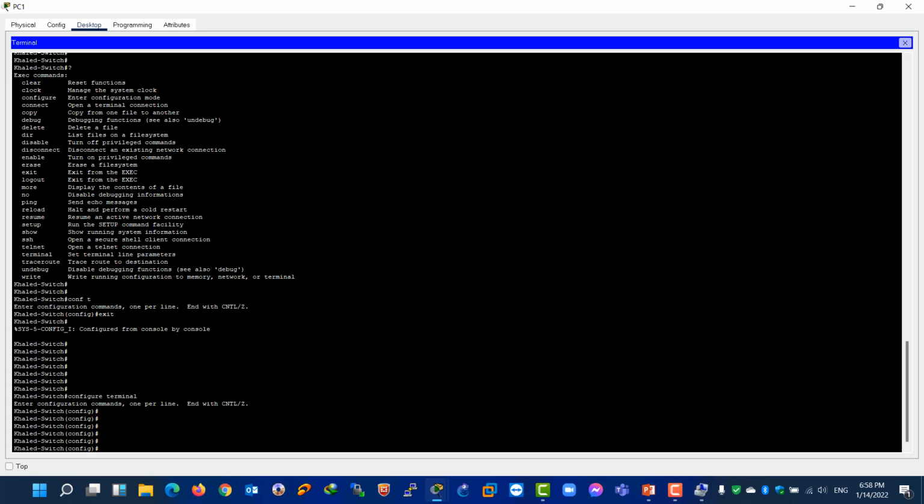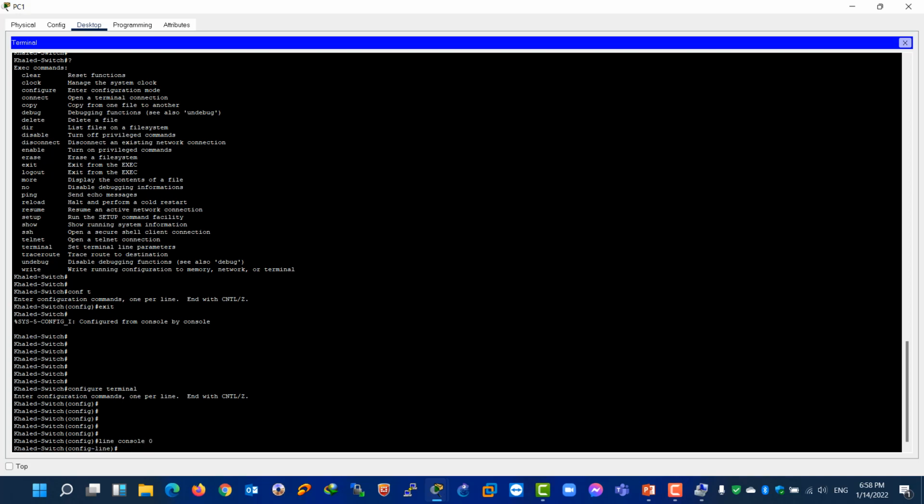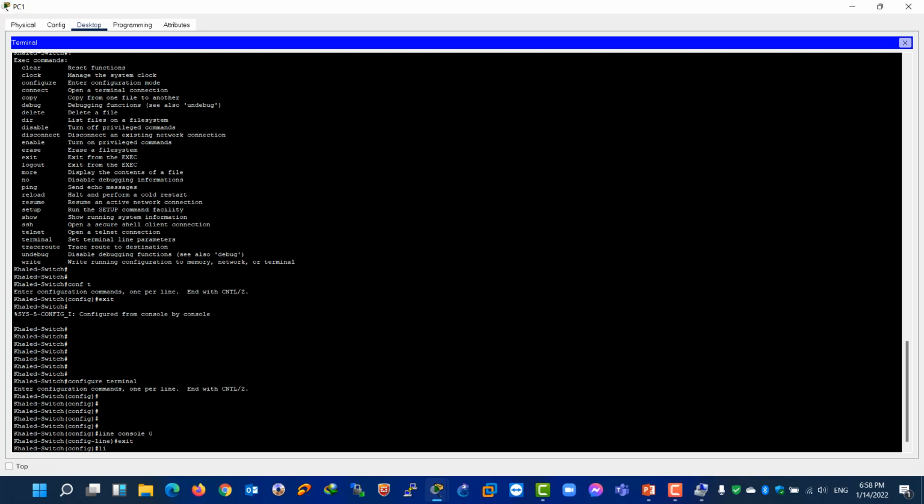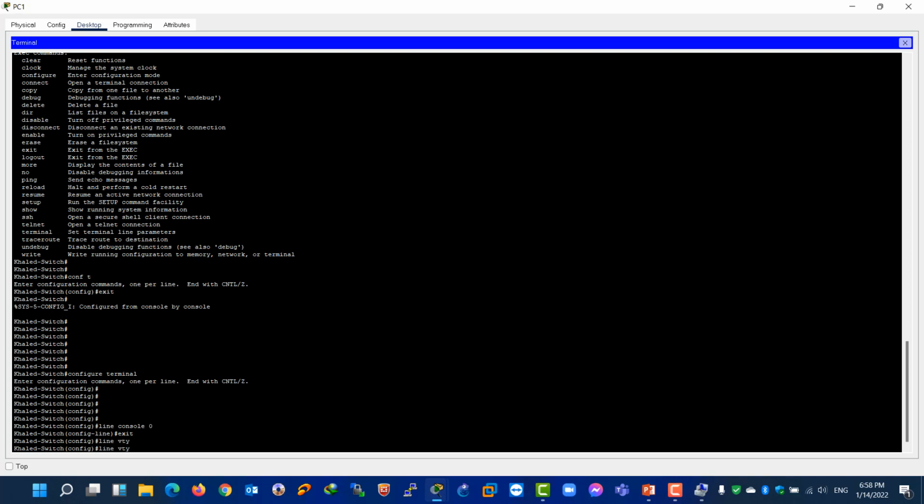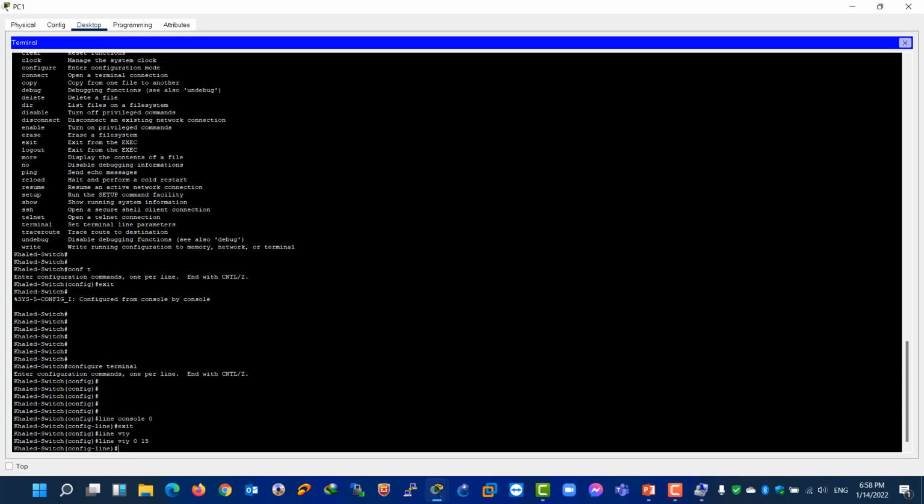Then to go to the line mode, type line console 0, then exit, type line VTY from 0 to 15, then you will enter the virtual terminal mode or the line mode as well. Type exit,